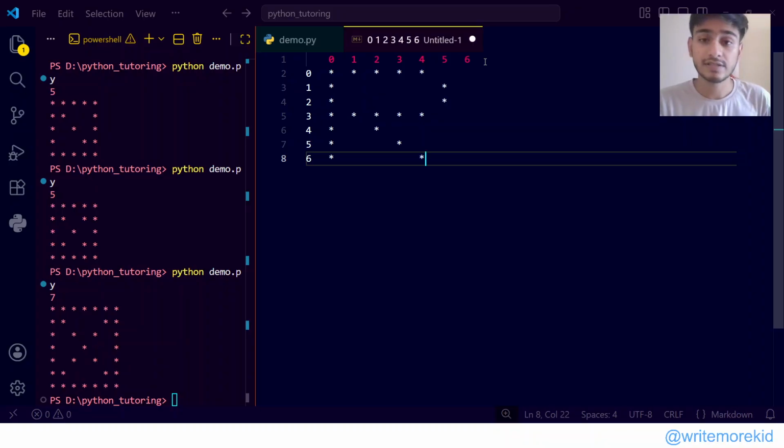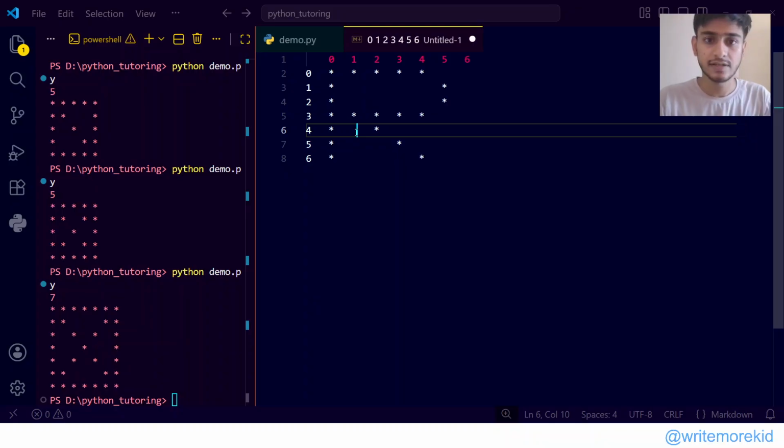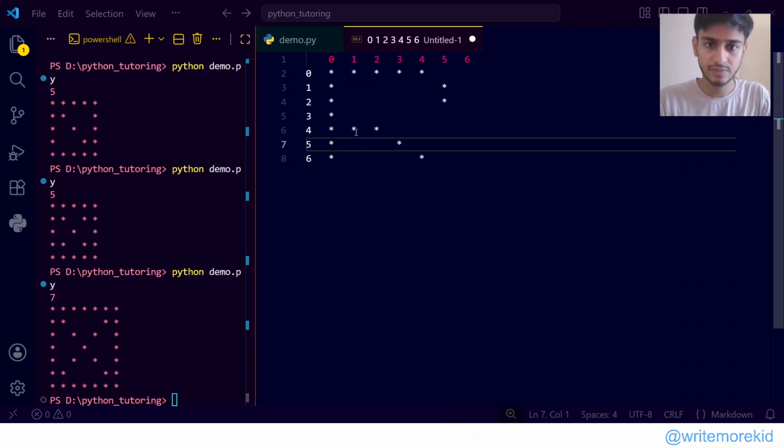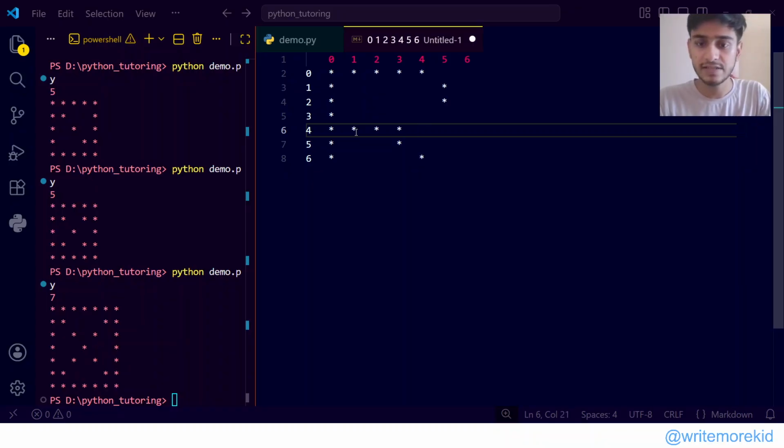Now, here you can see what is happening. I can just increase the size for this instead. It is up to you how you want to design your alphabet, whereas the concept remains the same. We need to manipulate the